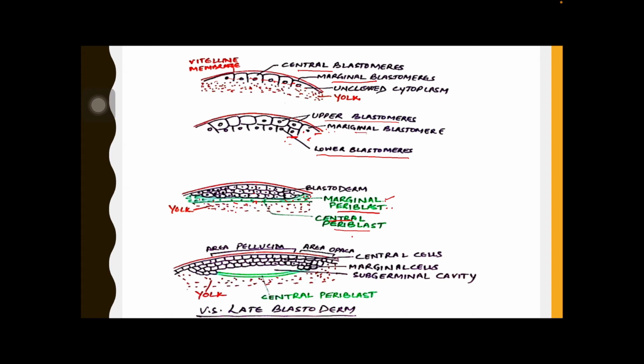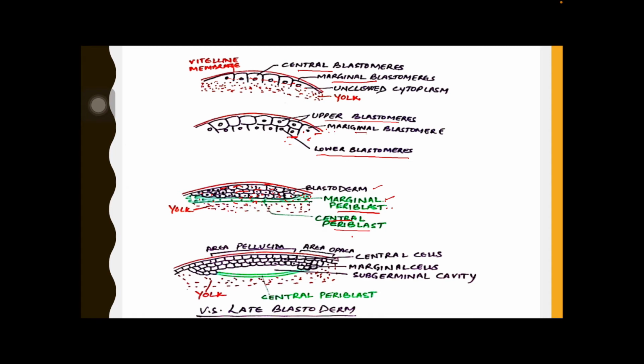In the upper blastomeres, further horizontal cleavages, यहाँ पे और ज़्यादा cells जो है वो divide करते हैं by horizontal cleavages, and this blastoderm now becomes multi-layered, right? So it becomes many layers thick, especially in the central area as compared to the edges. Edges पे कोई division नहीं होती, only in this central area the blastomeres divide by horizontal cleavages and a disc-like mass is formed, that is called the blastodisc, right?